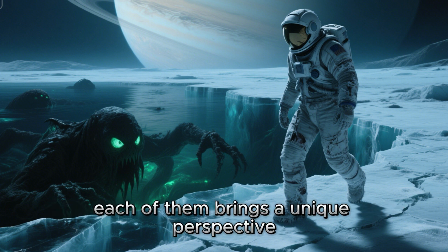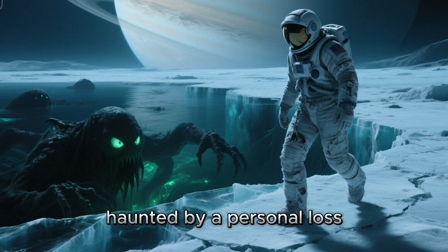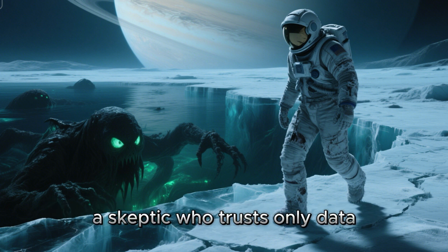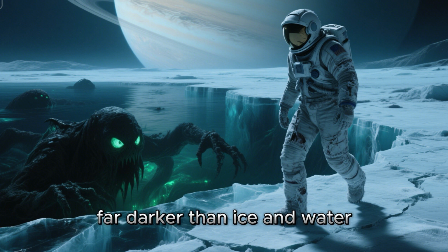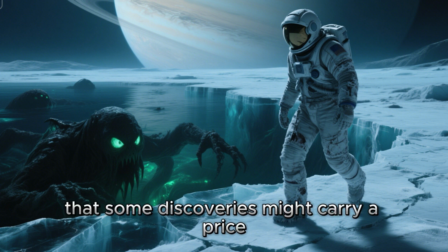Each of them brings a unique perspective. There's the mission lead, who has dedicated decades to studying icy worlds, haunted by a personal loss that drives her obsession to uncover life beyond Earth. Then there's the systems engineer, a skeptic who trusts only data, but can't shake the feeling that Europa is hiding something far darker than ice and water. Alongside them, a young biologist dreams of discovering alien microbes, blissfully unaware that some discoveries might carry a price no